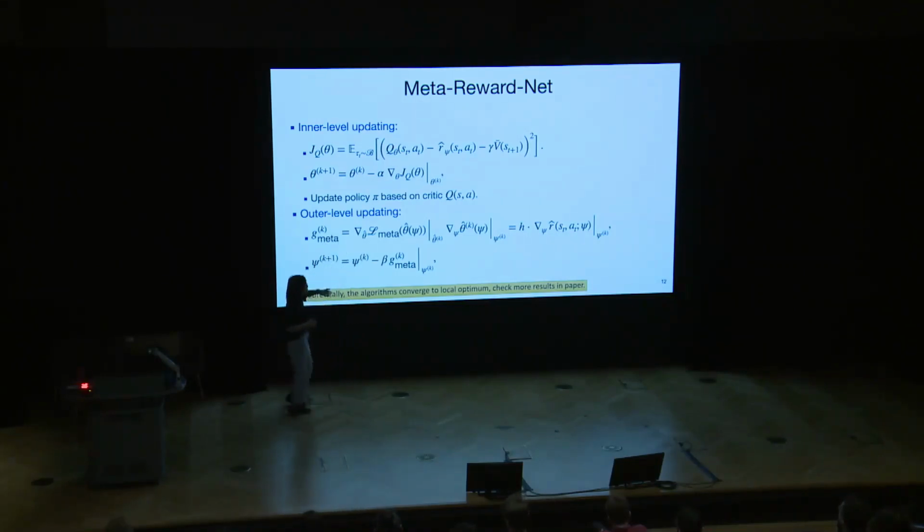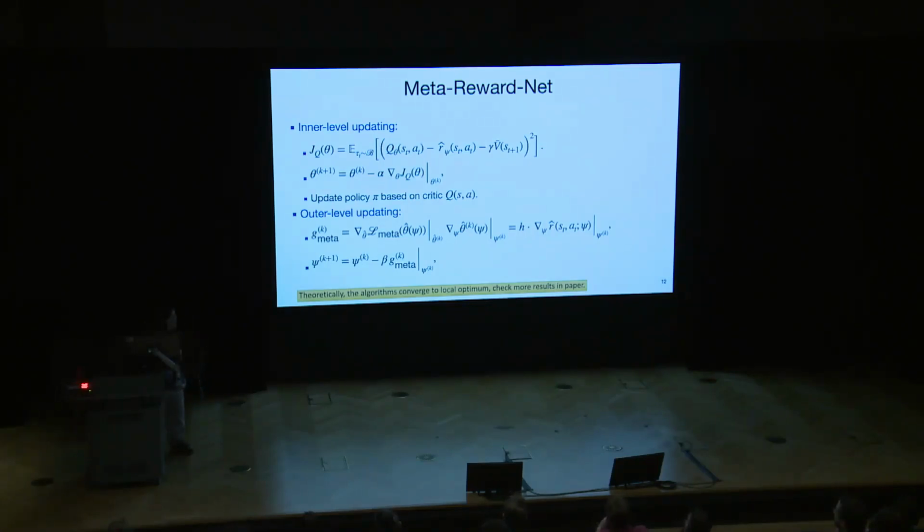And for the outer loop, we first need to find the gradient for the reward function R hat phi. We first find the gradient to the parameter theta. Theta is the parameter for the Q function, and in updating theta, because theta relies on the r hat, we'll find the gradient of r hat. So it's a little bit of a twist of the chain rule of derivatives.